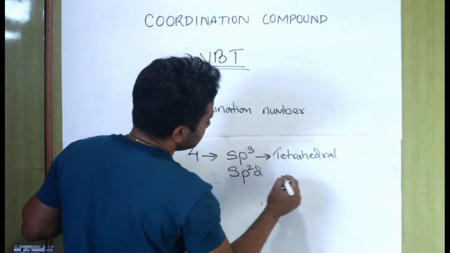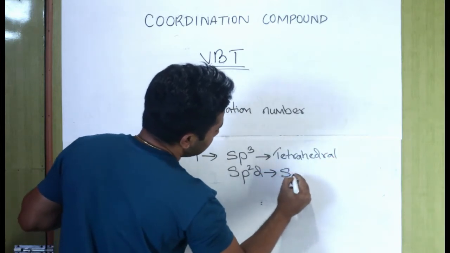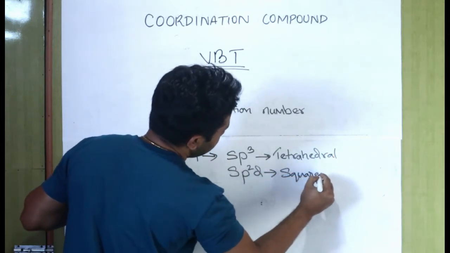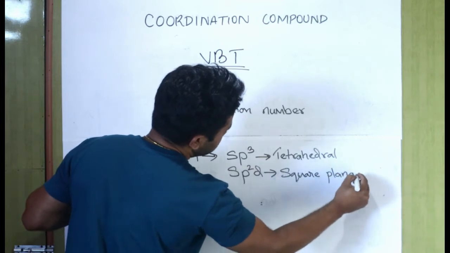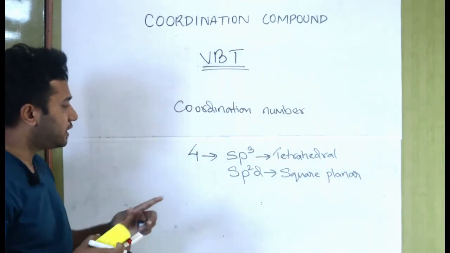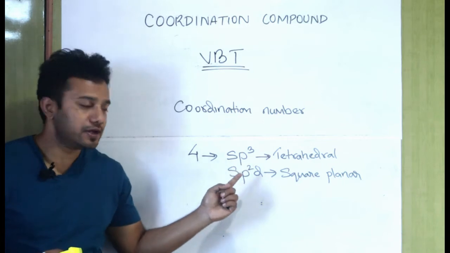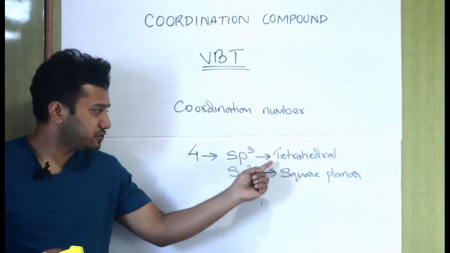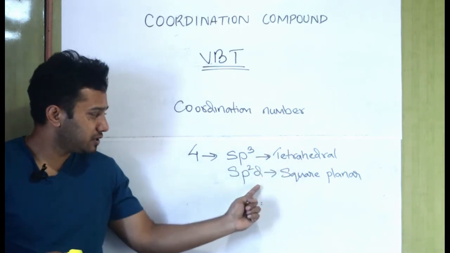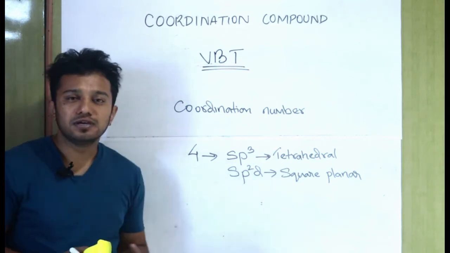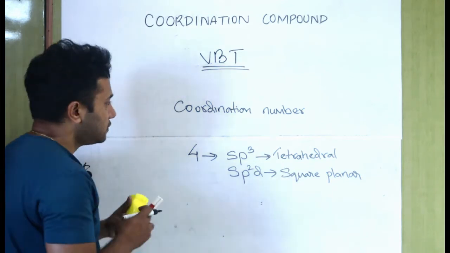You should all remember this, and sp2d will be square planar. So for coordination number 4, we have sp3, which is tetrahedral geometry, and sp2d, which is square planar. So again,